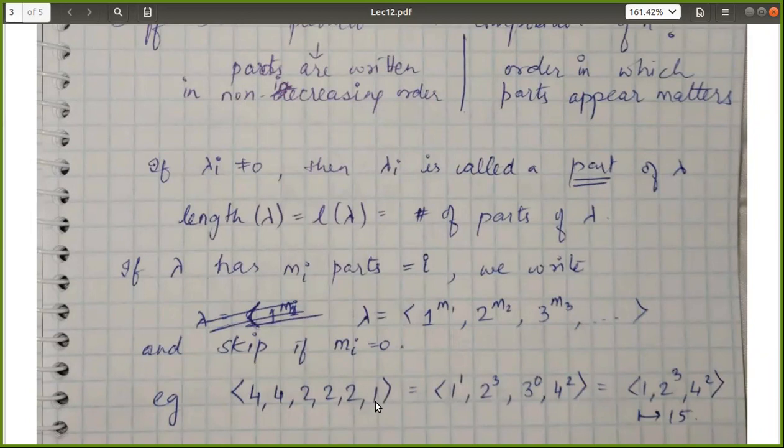Everything else is 0. Every higher m_i is 0, because the largest number here you hit is 4. So anything beyond m4 is 0. Okay. So now